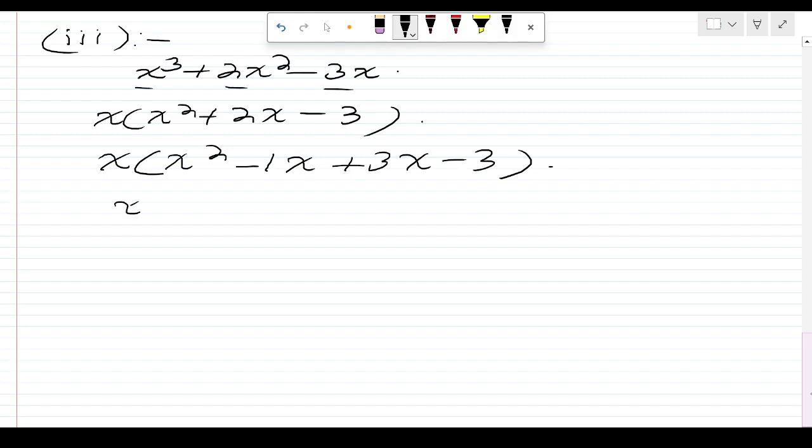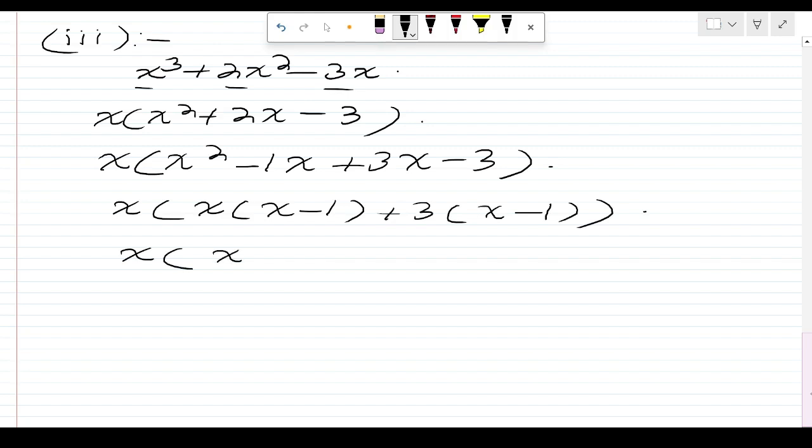After this we need to find the common. So we can just write x bracket x minus 1, and then we can write positive 3 bracket x minus 1 again. Now we will just write x bracket x minus 1 as our first term and x plus 3 as our second. Now this will be our